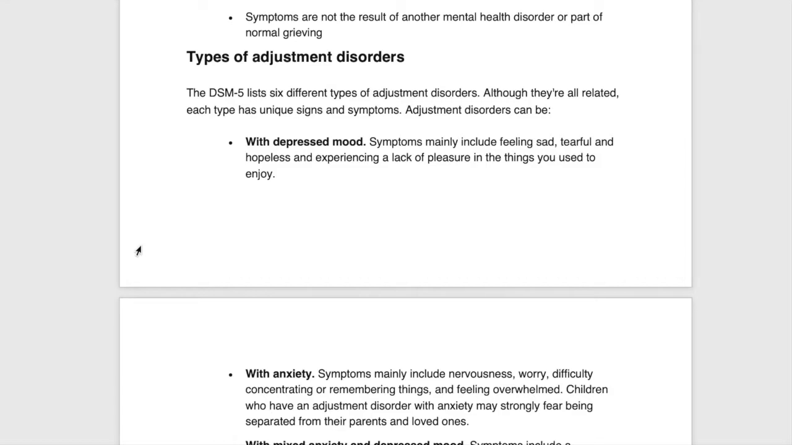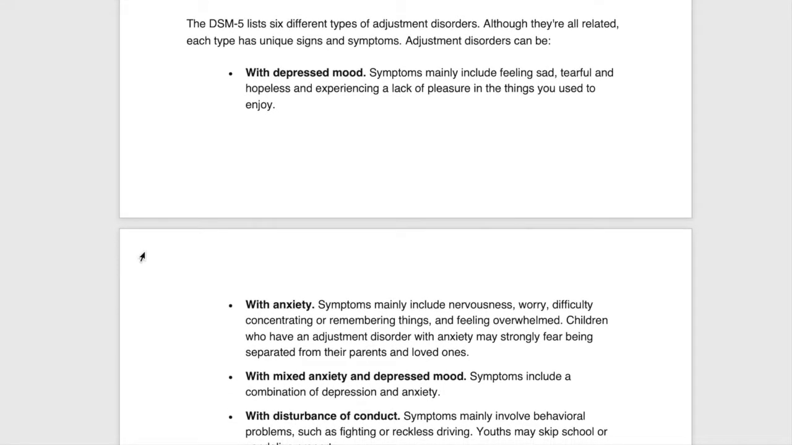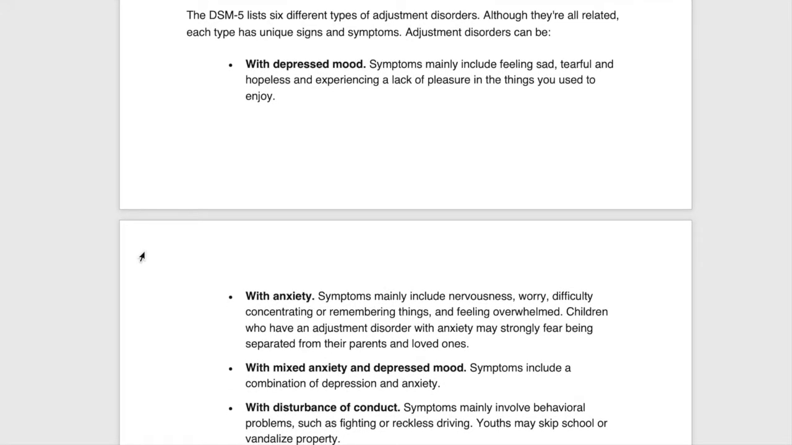And so I want to go over each of them, and I will read these ones. So, adjustment disorder with depressed mood is when the symptoms include feeling sad, tearful, hopeless, and experiencing a lack of pleasure in things that someone used to enjoy. Again, this can sometimes get confused with major depressive disorder or any sort of the mood disorders. But again, we want to really think about that change in a major part of somebody's life, and then seeing